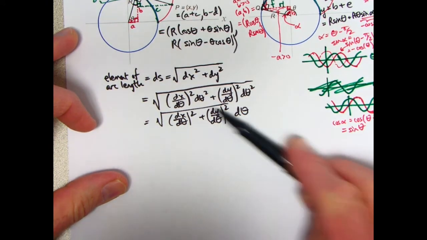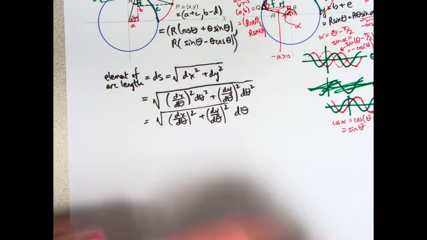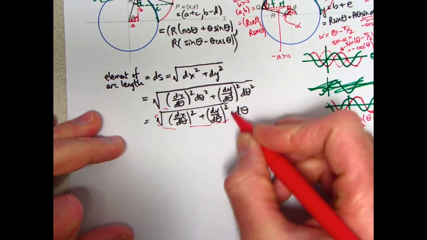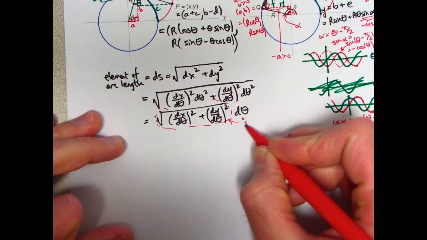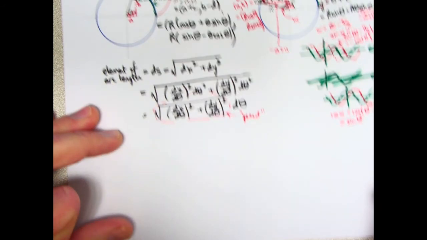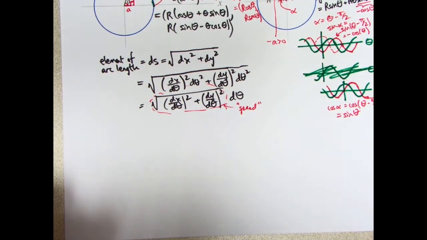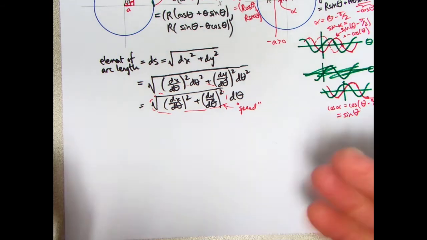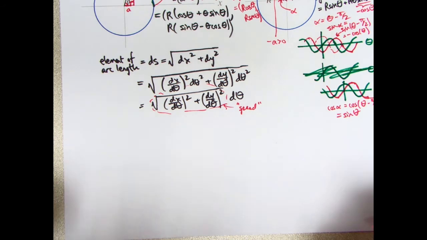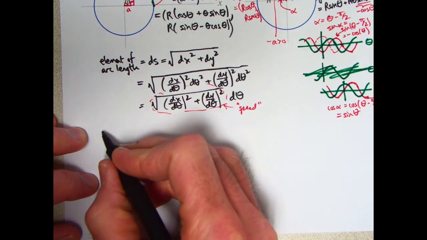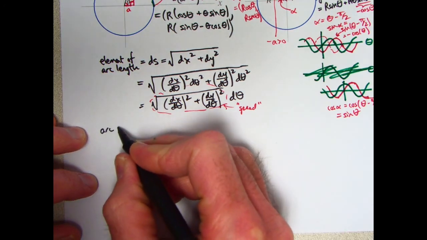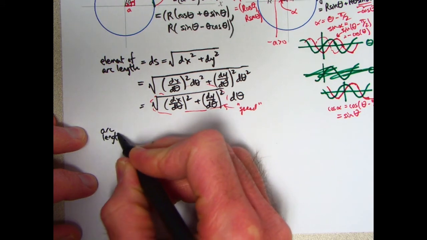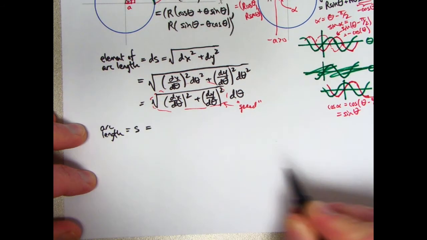And so then this quantity here becomes what you would then call maybe the speed, at least if theta was also the same as time. It would be the speed of motion as theta is increasing as time is going by. That would be what we've done in many other videos, is representing the speed. And you do integrate the speed to get the distance traveled, or arc length, which is typically called s. But now with this approach,